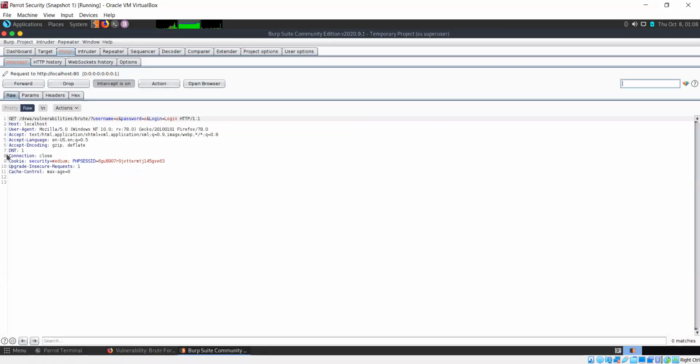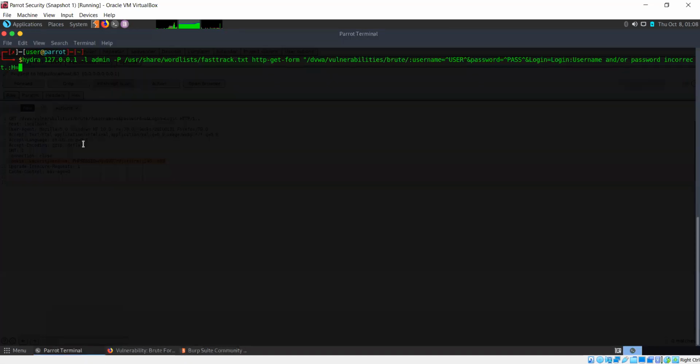So we have this cookie here. I need to simply copy this entire thing, and I'll now paste it and end the double quotes. So now we have everything we need to continue with our attack.